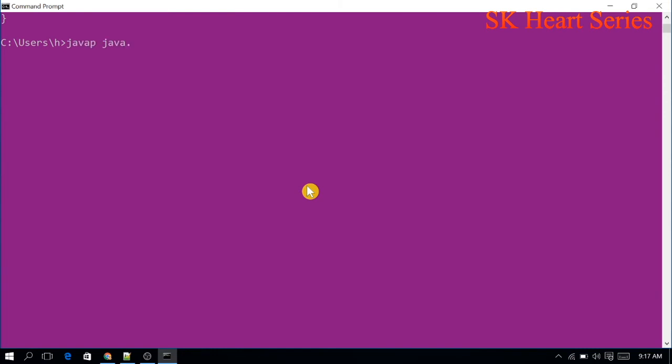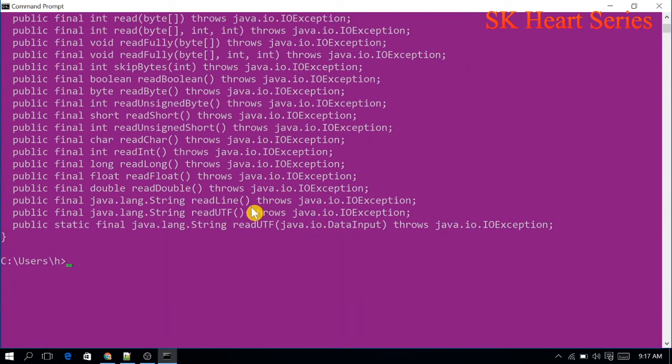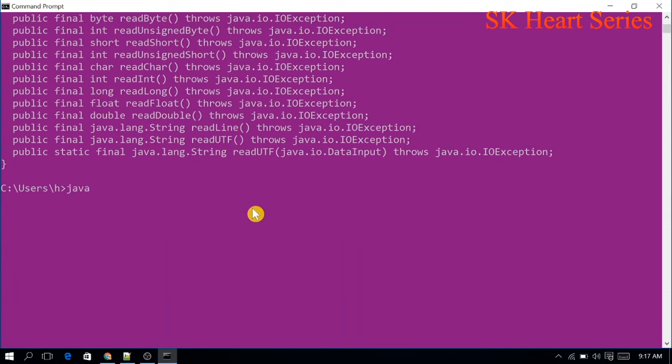After that we will see javap java.io. In the io package there is one class, DataInputStream, with D, I and S capital.